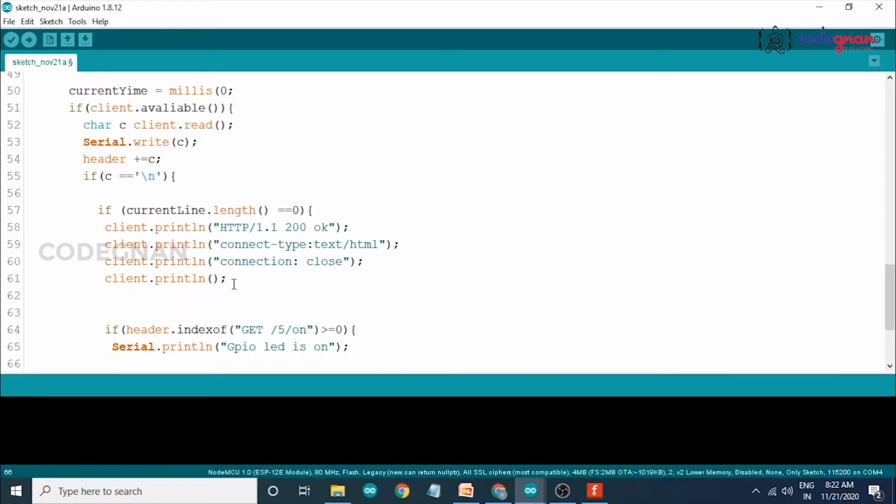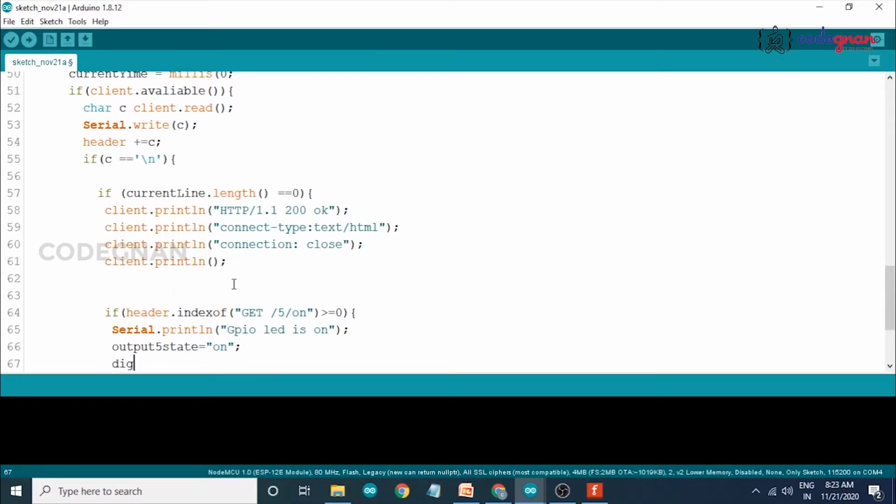And now output5State equals to on. So initially we have declared it as off. Now we can turn it into on.